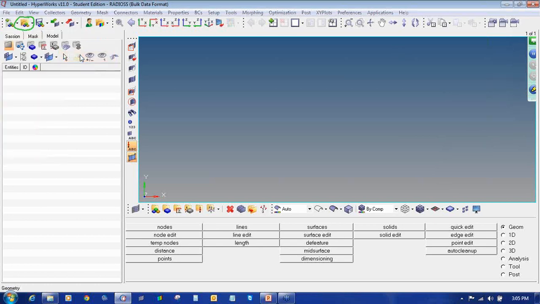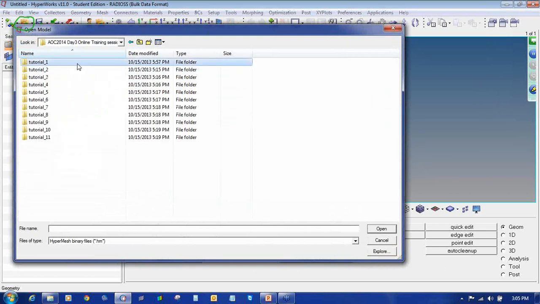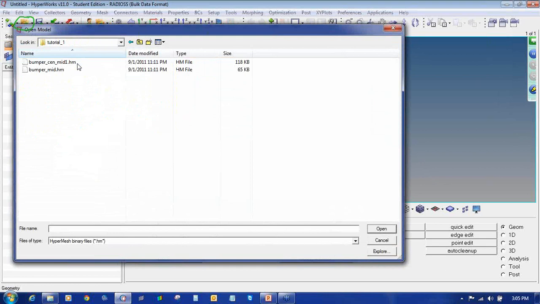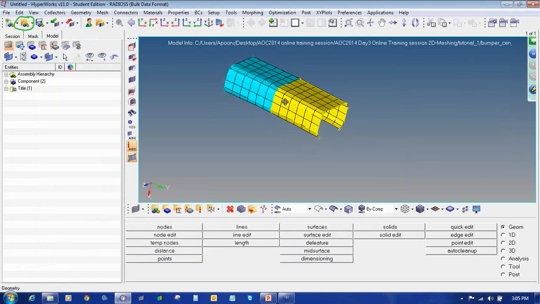So I'll use this one and browse the file. That is the first tutorial, and I will open the bumper mid1.hm file.